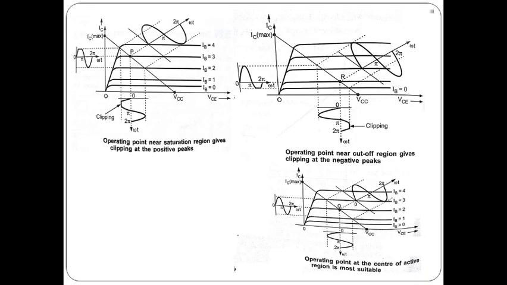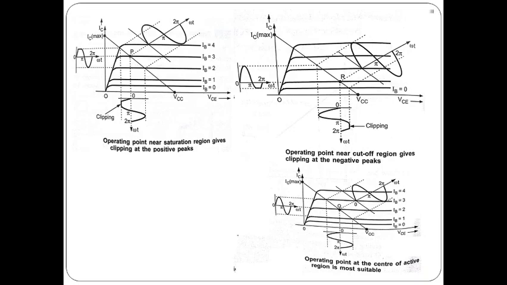So positive half cycle is clipping off. Here we are applying the sine signal, so we get the output signal as a positive clipped wave. And second, we can observe that when the operating point is closer to the cutoff region, that means at R position,